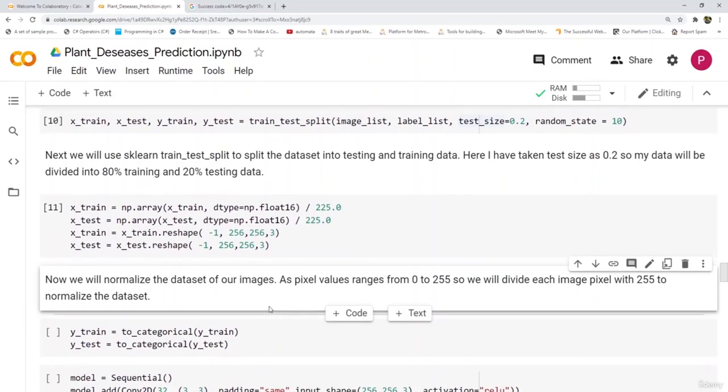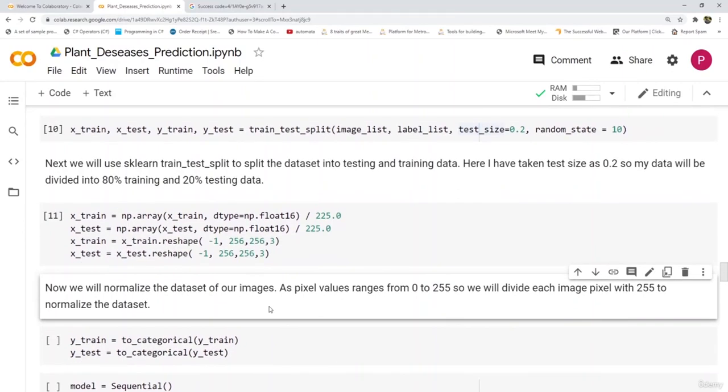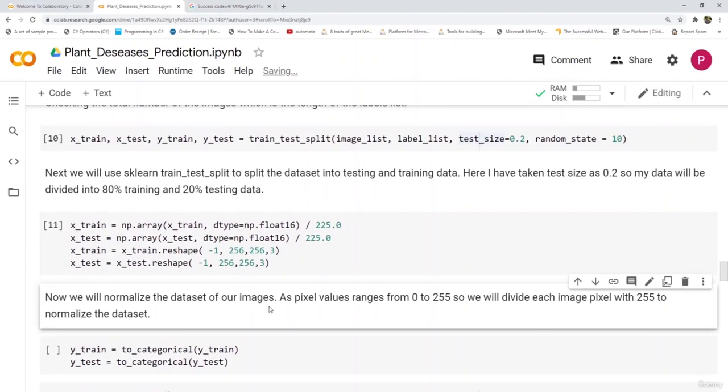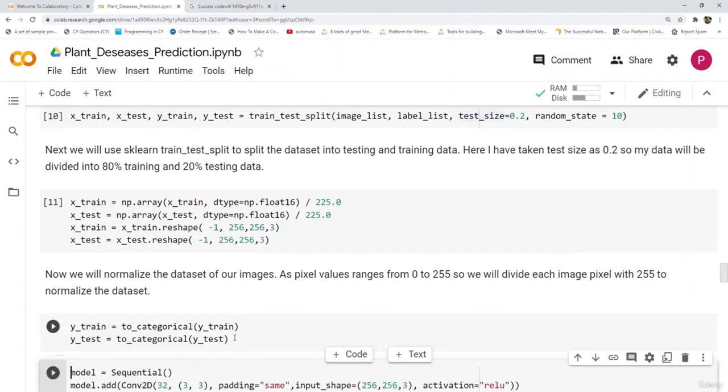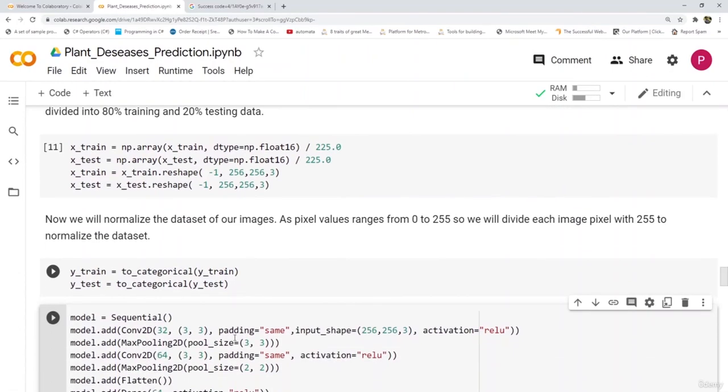Next, we'll convert the data into categorical, that is one-hot encoding. One-hot encoding is necessary, because if we don't do one-hot encoding for the target feature, the machine will try to prioritize it. So we'll perform this using the to_categorical function that is already defined under Keras. So let's run this and do one-hot encoding. It's done. After this,